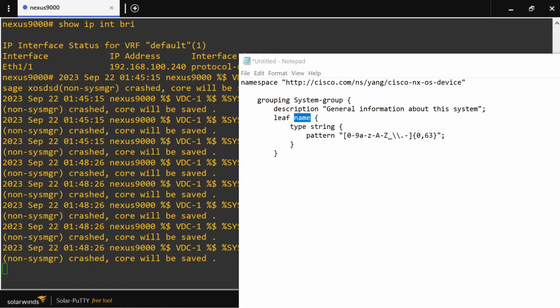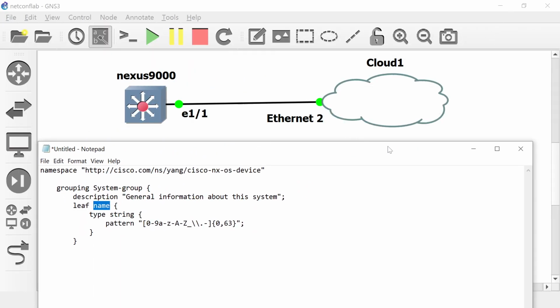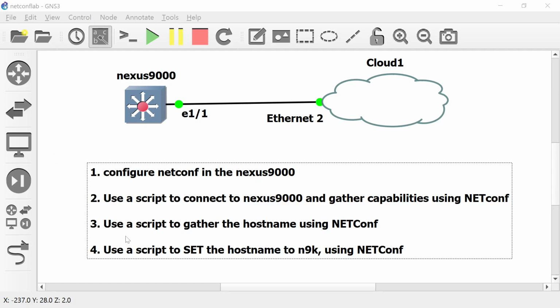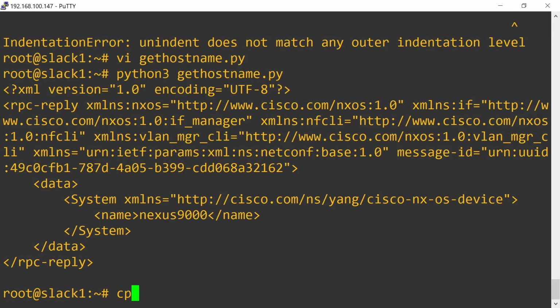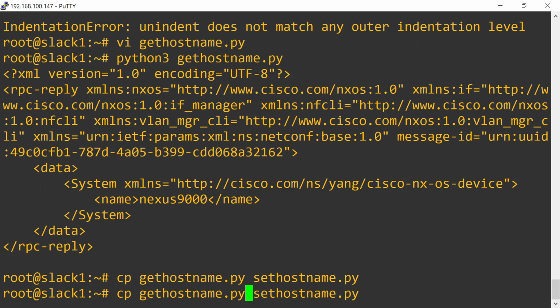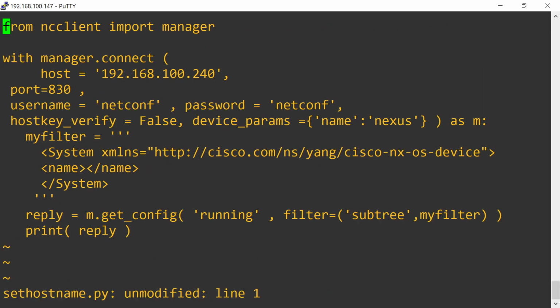Let's go to action item number 4. Use a script to set the hostname. So now we're going to set the hostname. So let's copy my script, and I'm going to rename it, so I don't have to write everything from the start. And I'm going to create now a script to actually change the hostname. So we'll have to change this,